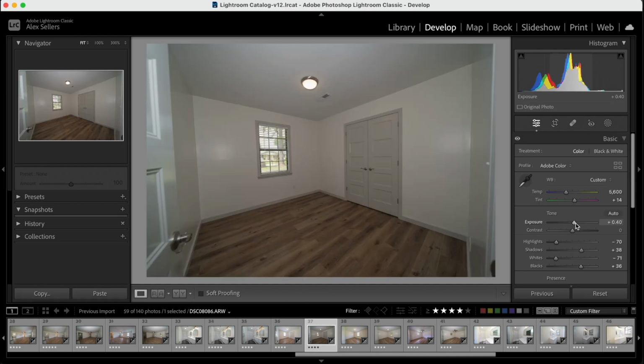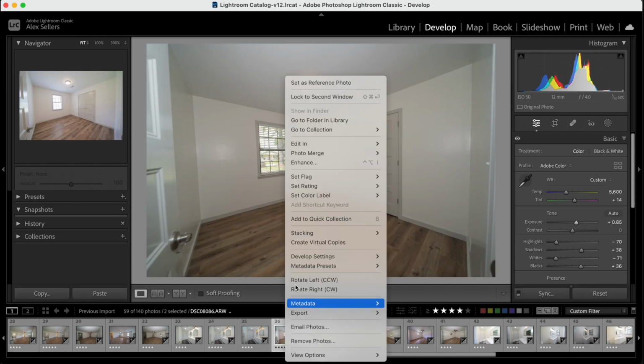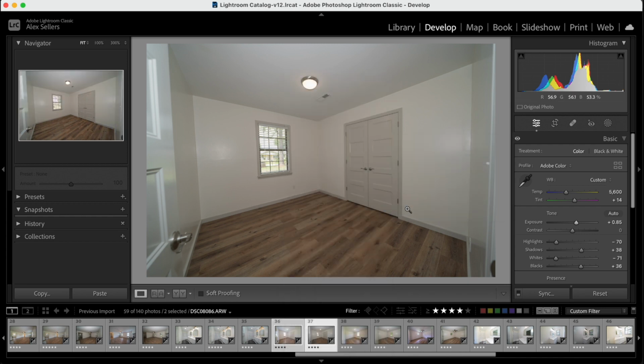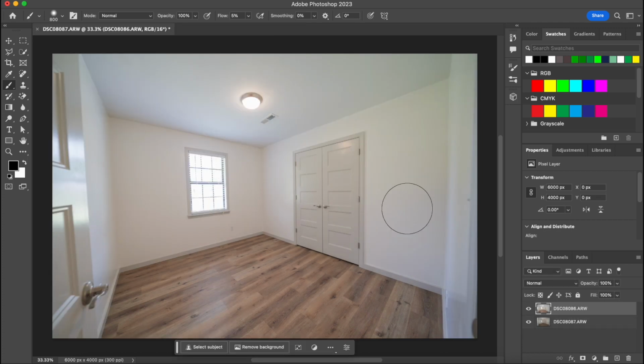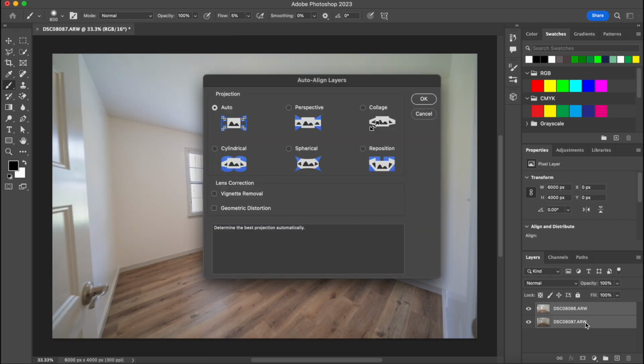Kind of want the same temperature and same exposure overall there. We also did our lens correction, so now we'll select both, open them as layers in Photoshop. Make sure our flash shot is on the top,